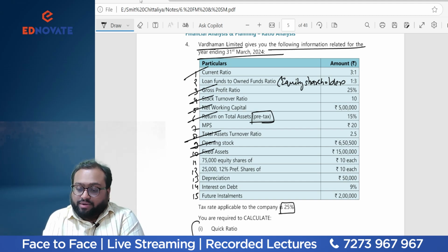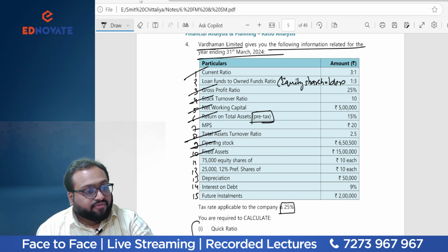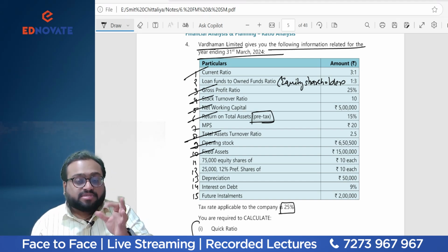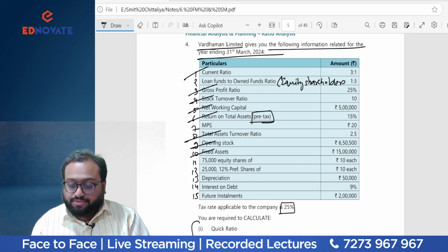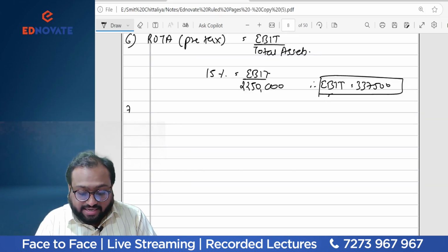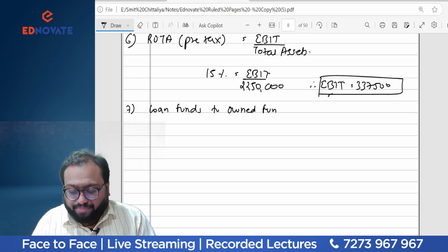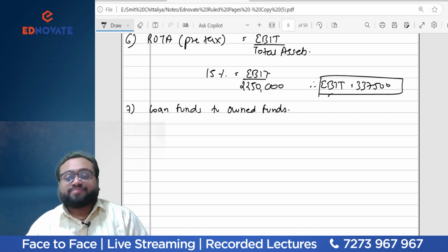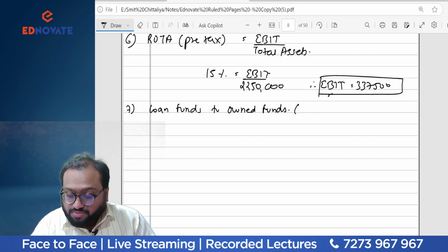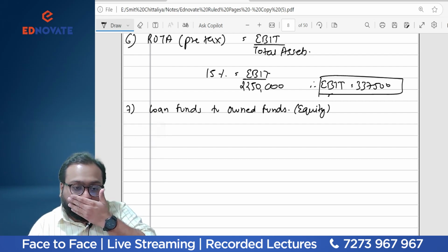Okay. So now one thing we can do, we can use loan funds to own funds. It is a ratio of 1:3. Am I right, boys and girls? With the help of that, I can definitely find out. Now going ahead, there's a small mistake in this accounting ratio done by the ICAI solution. If you see, they have given loan funds to own funds. Now if I use this data, and very specifically they have written loan funds to own funds, there is a big mistake done by the ICAI solution. Loan funds to own funds means what? Equity, and they have also written in their ICAI solution as equity. Just a second.